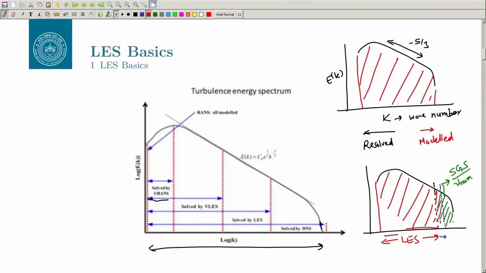the behavior of the eddies, okay, they will be different as you go from a coarse grid to a finer grid, okay. Simply because you are resolving more and more of the spectrum, okay. Now, the question is how does LES work and how do you resolve some and how do you model some, and so let us go there,